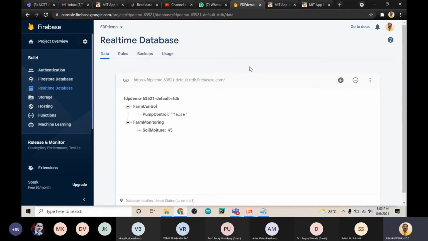See, you may be wondering why I am actually doing this thing. See, now I have tested the Firebase database and MIT App Inventor. Now you can see here that both ways I am getting the data. If I write some data in my Firebase, I am getting that data on my app. If I am pressing some buttons on my app, the same change is occurring in the database. What actually it means is that there is a proper connection between our cloud and your mobile app.